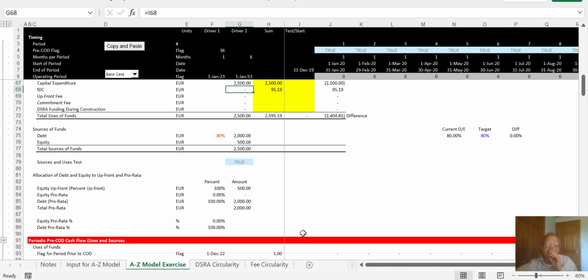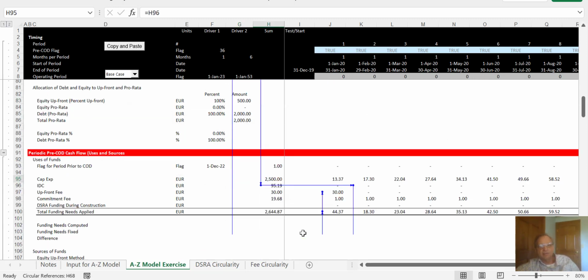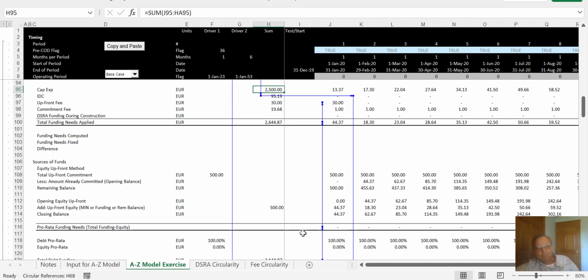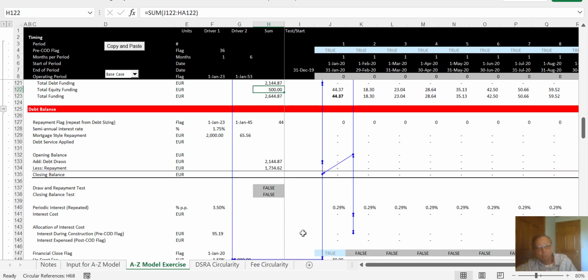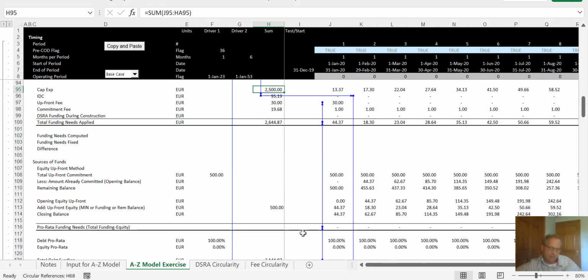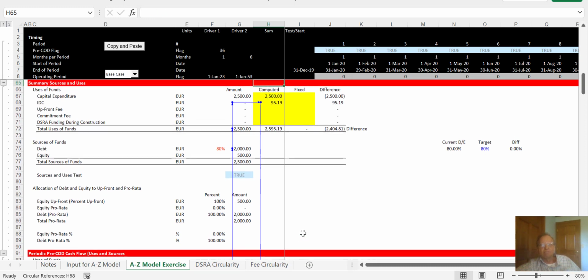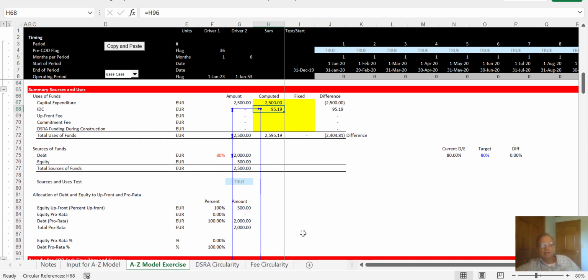Now, if I make this equal to just this number, we get a circular reference, and you can see, and this is important, you can see how the blue lines are moving back and forth. They're not just a straight line, they're accumulating. And when they accumulate like that, we're going to have some problems